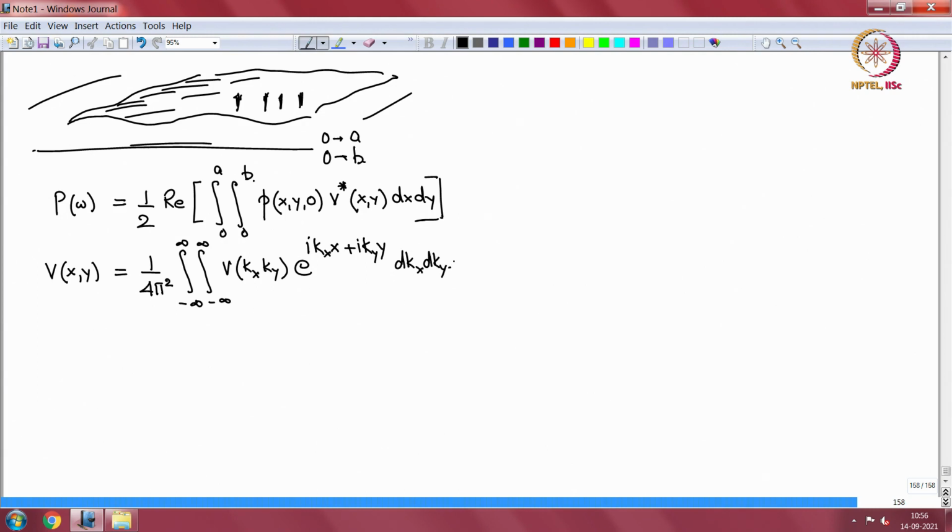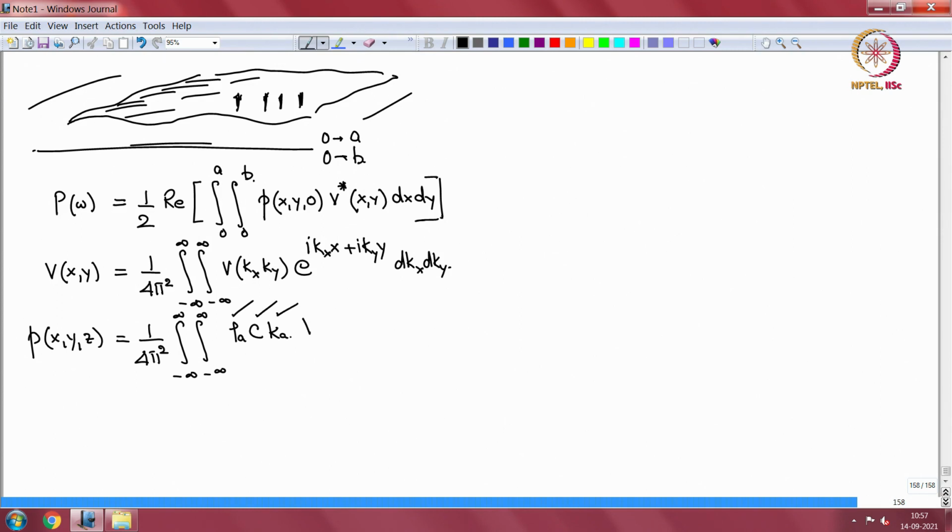This is the inverse double Fourier transform. Then the pressure P of x comma y comma z is equal to 1/4 pi square integral minus infinity to infinity of rho a c Ka, the density of the acoustic medium, speed of sound in the medium, and wave number in the acoustic medium,